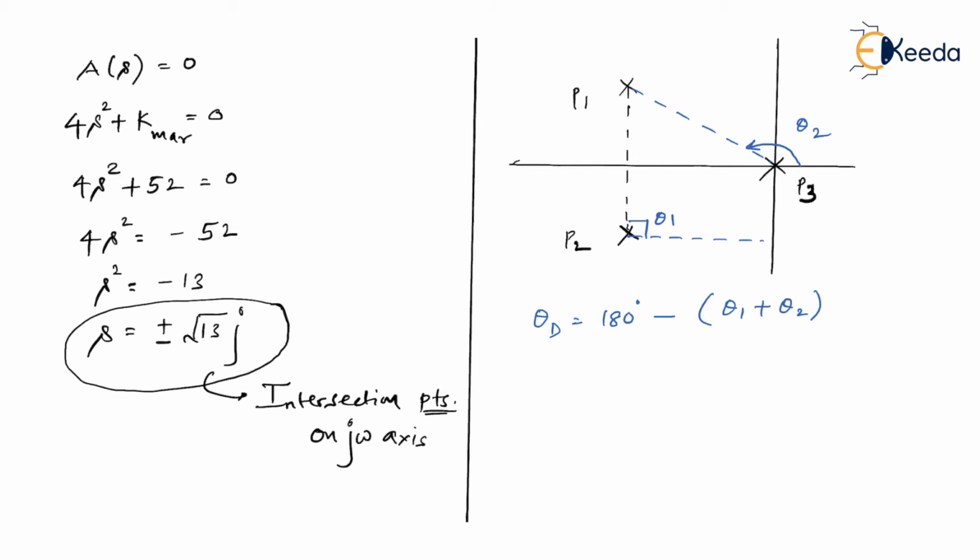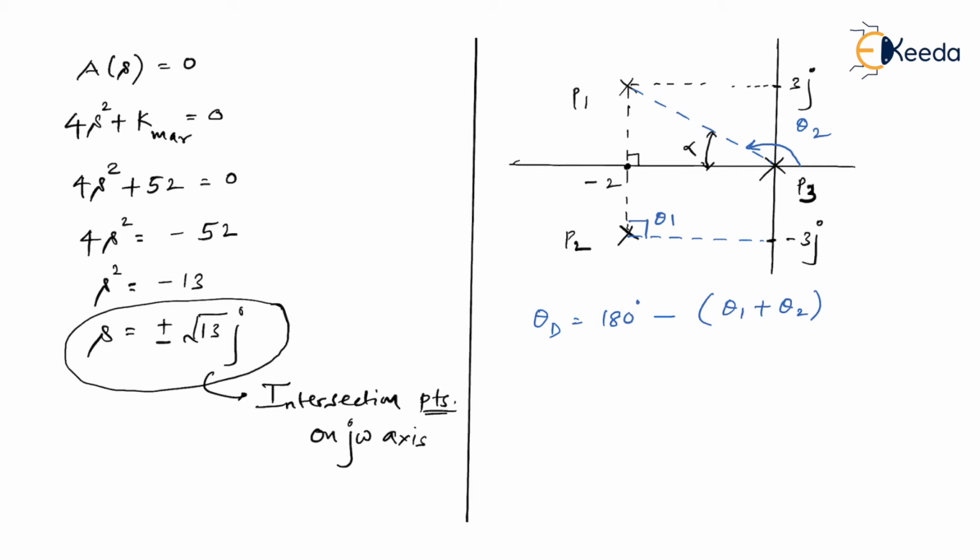How to calculate theta 2? Let us see. Don't forget, what we have over here is minus 2, what we have over here is 3j, and this is minus 3j. You are not in a position to find theta 2 directly, but why can't we find this angle? Let us assume this angle is alpha, and can't you see this is actually a right angle triangle?